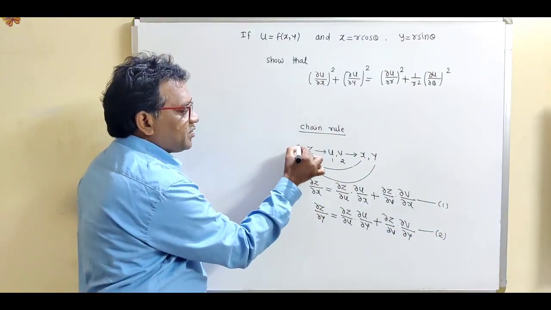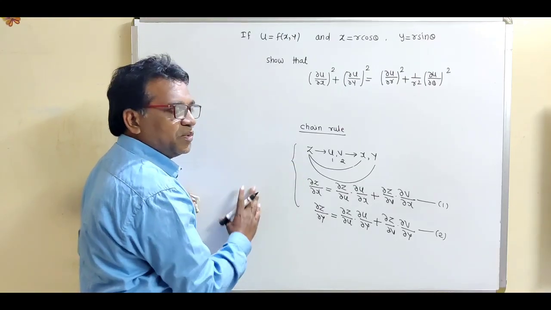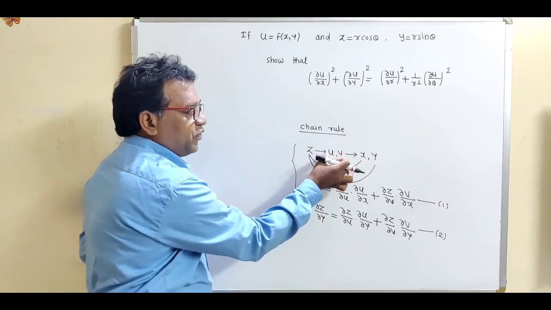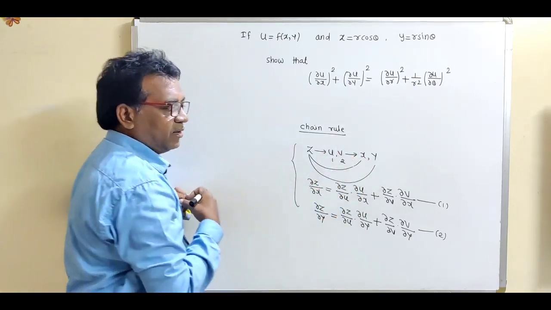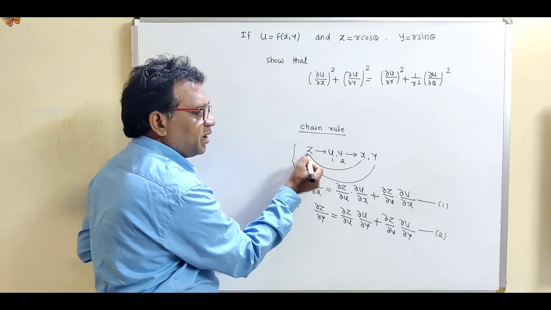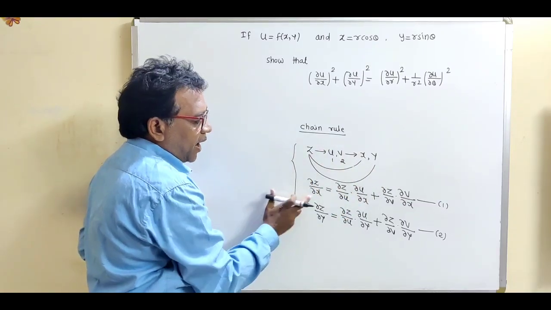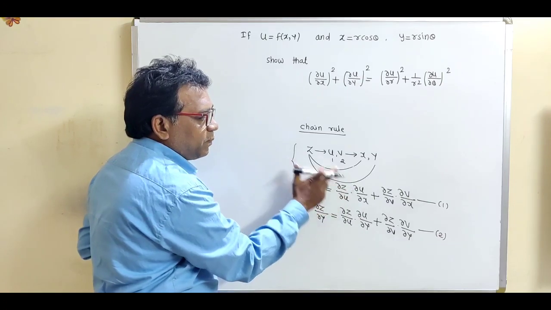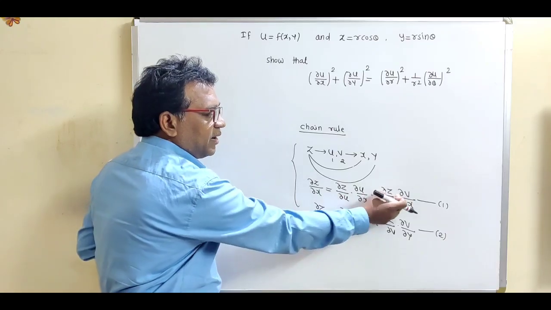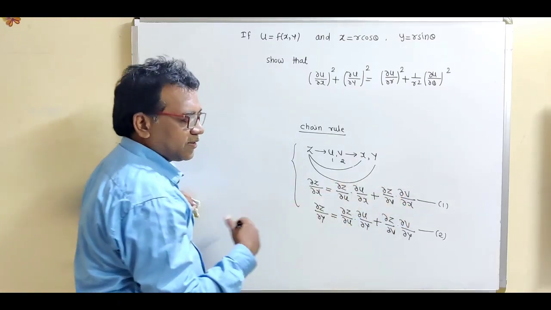So first of all, remember this chain rule for the composite function. So how to remember this chain rule? If z is a function of two variables u and v, and if u and v are functions of again two variables x and y, then according to chain rule we can define these two partial derivatives, del z by del x and del z by del y, first to last variable, and this is given by the formula del z by first variable u cross this del u divided by same term which is del x, plus del z by second variable v cross this del v divided by same term which is del x.